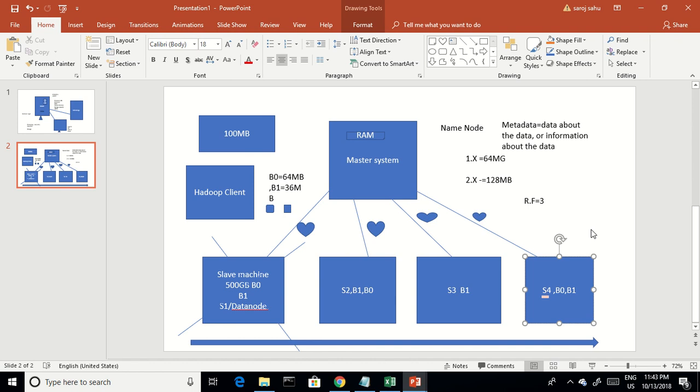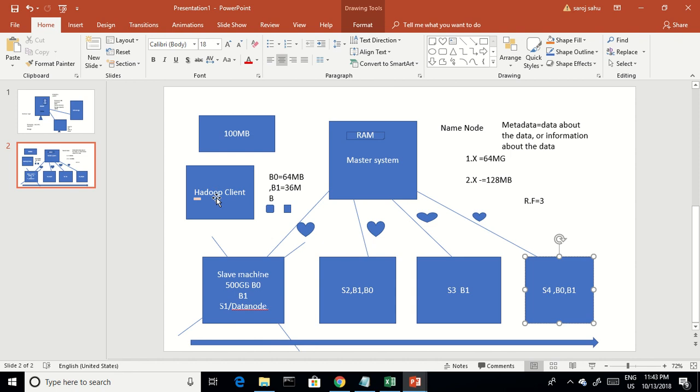So Hadoop is a framework that has the ability to store and analyze data present in different machines. And it is very cost effective, very low cost, because it consists of commodity hardware. And for the processing, we can have the MapReduce program. The logic we can send to the different machines.